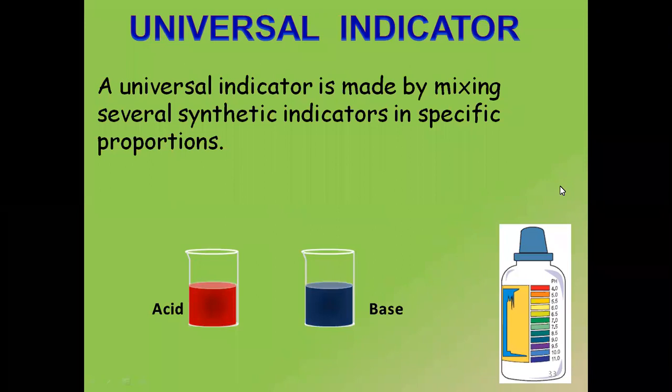Here I have just referred to red and blue, but it is not necessarily always going to show as red and blue. There are different shades of these colors. So by corresponding the different shades to the shade chart given on the universal indicator bottle, you can match the color change and exactly tell me the pH. That is the benefit of universal indicator. Universal indicator not only tells us whether the solution is acid or base, it also helps us understand whether the solution is strong acid, strong base, weak acid or weak base.